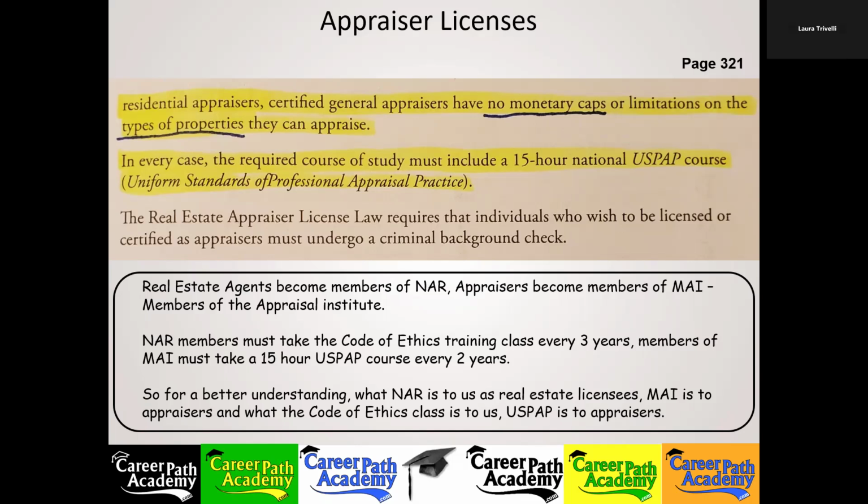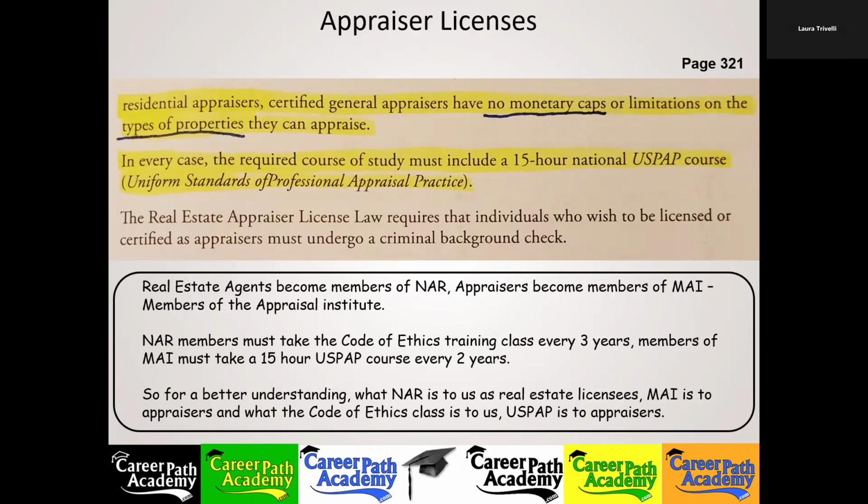So who are the appraisers? Who do they work for? They're independent workers. The banks would select them from a list of licensed appraisers, send them out to do appraisals, because the banks need an unbiased estimate or opinion of value before they go out and lend money. They want to make sure that the property is worth enough to serve as collateral for the loan they're giving.